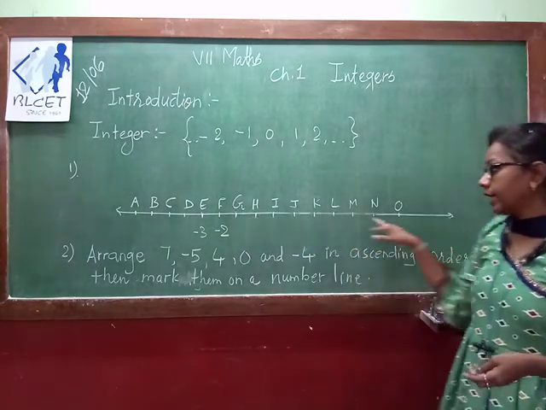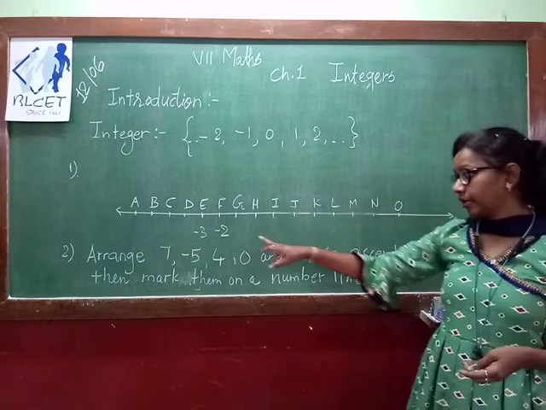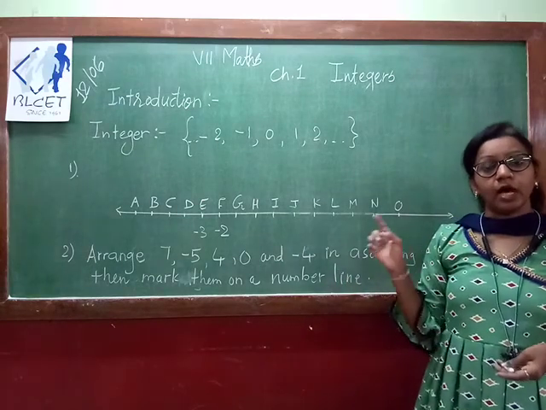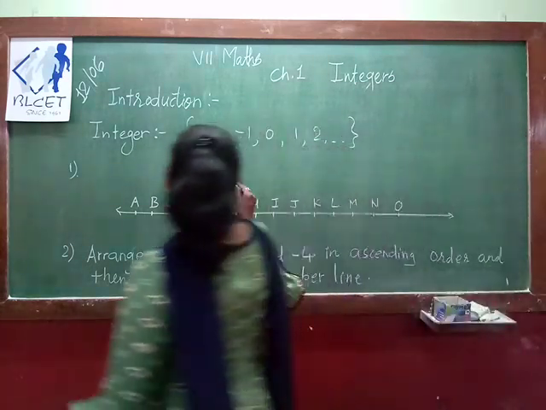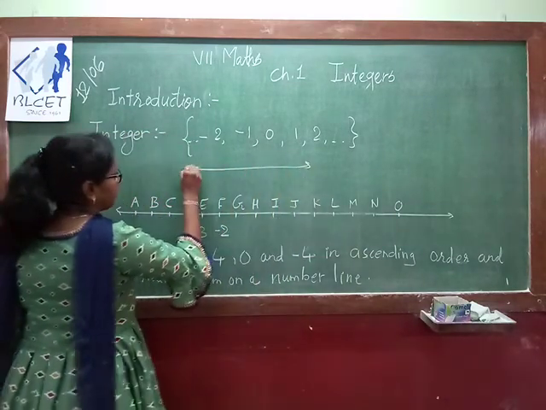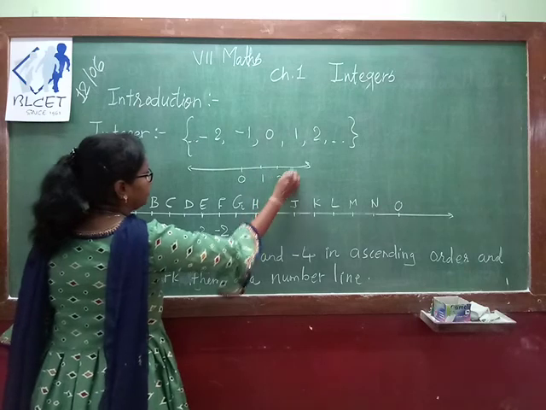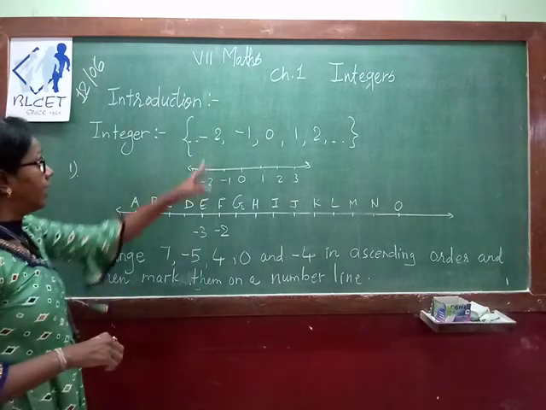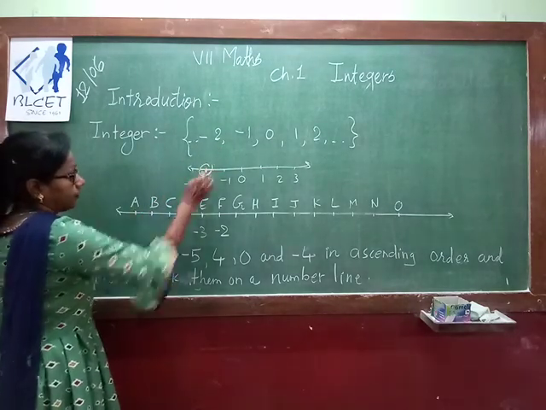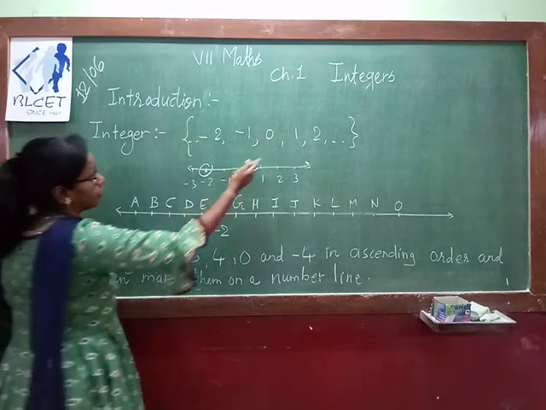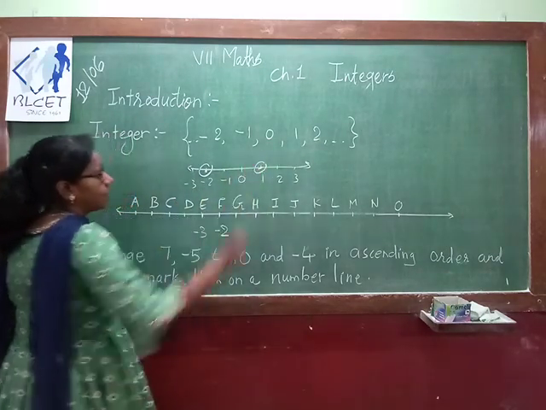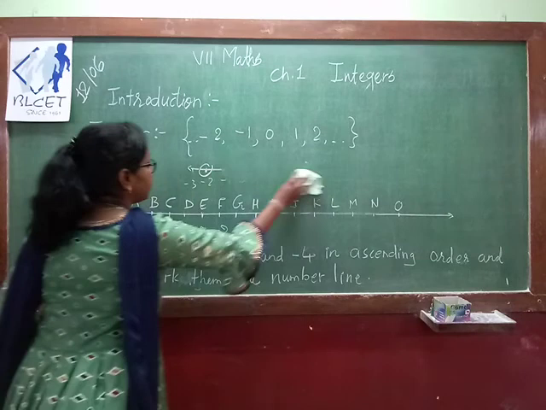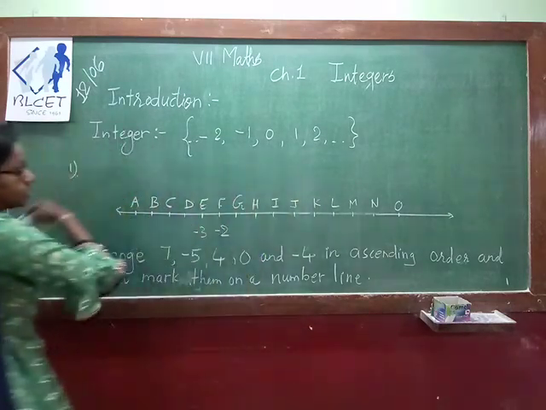Suppose this is your number line and you want to represent minus 2 and minus 3. How will you represent that? On the number line you have to mark 0. This way you can represent, this is your 0. Suppose 1, 2, 3. Here it is minus 1, minus 2, minus 3. Okay, if you want to mark minus 2, here it is minus 2. You can keep minus 2 over here. Suppose you want to mark 1. So this is your 1. So this way we can represent integers on a number line. So this much you have already learned in 6th standard.